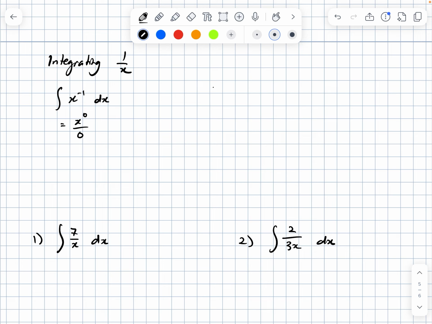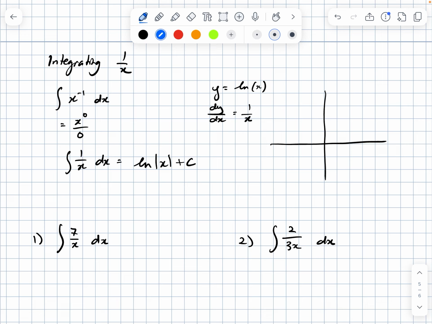Instead, we need to remember that if we had y equals ln x, that differentiated to 1 over x, which means the integral of 1 over x dx is equal to ln of |x| plus c. Now, this is in absolute value bars, and the reason for that is that the graph of 1 over x